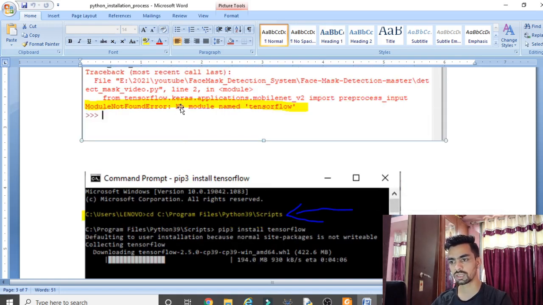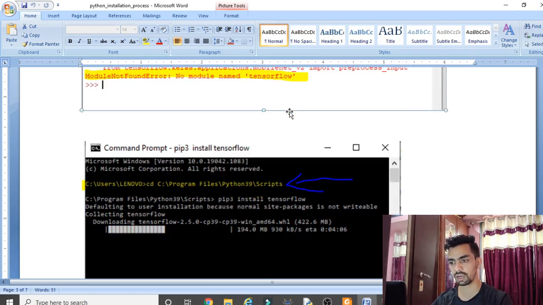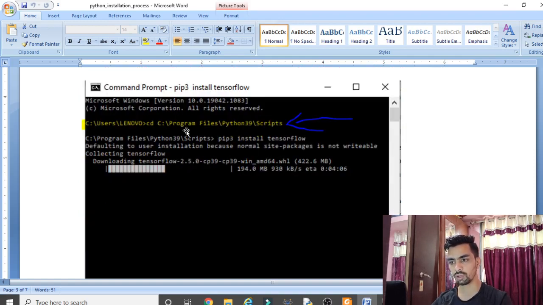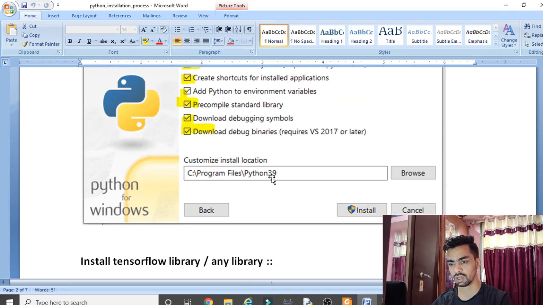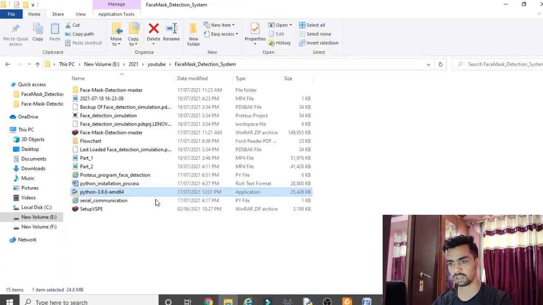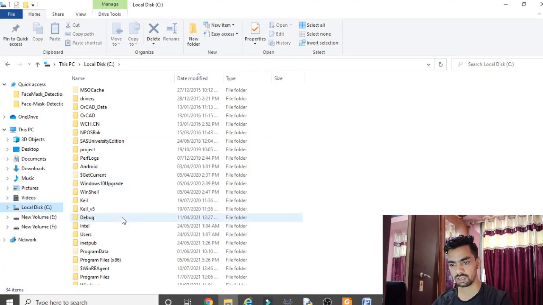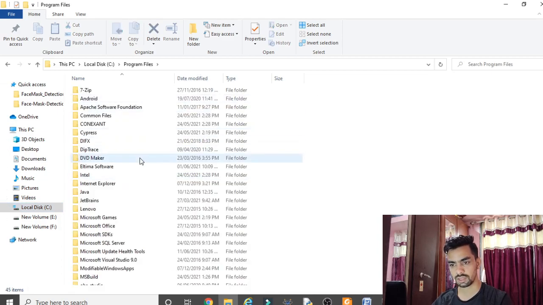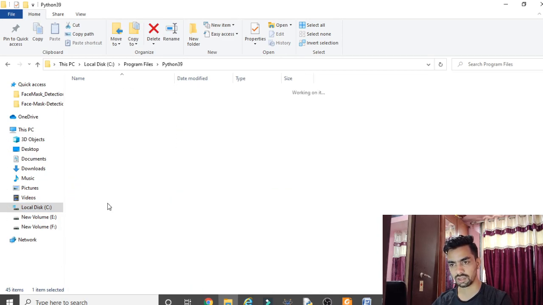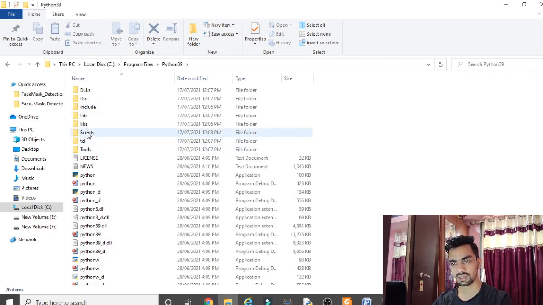So let's say first we have to install the TensorFlow library. Once you open the command prompt, you have to type cd, then provide this path: C program files Python 39 Scripts. This path may be different, depending on the path you gave in the first installation process. Let's say my path is C, then program files, then Python 39, then select Scripts.